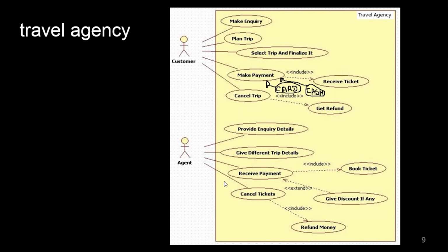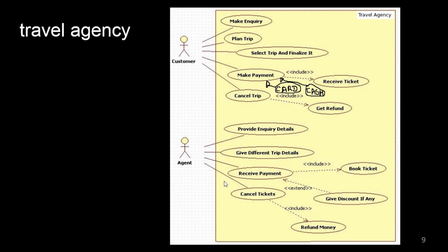The persons who keep your system working are also your actors. As I told you, the actor can be a person, a human being, or some other device, some hardware or software that interacts with your system. That can also be the actor.